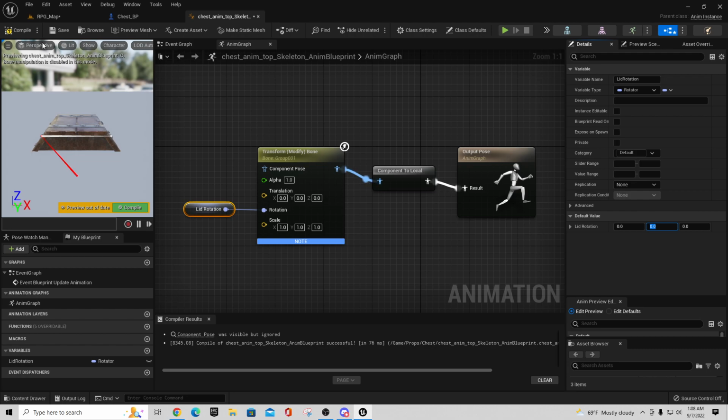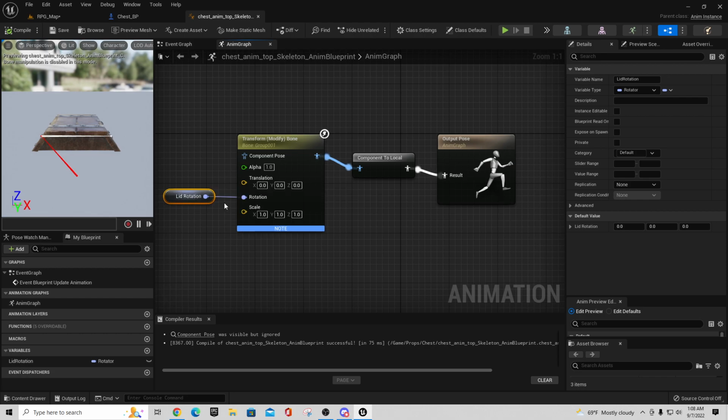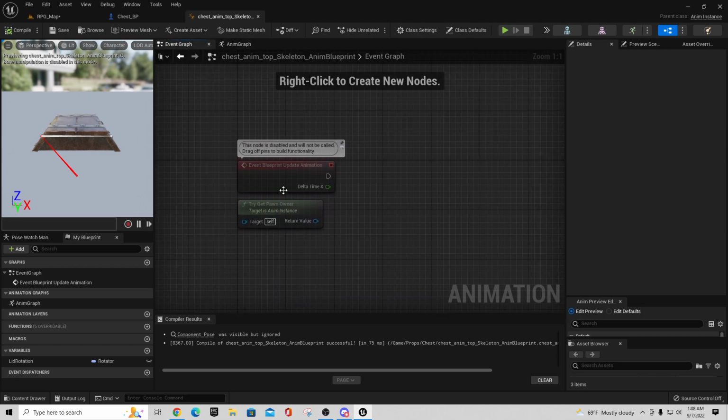And what we want to do is create on our character something that drives this value of lid rotation. Then what we're going to do in this event graph is get from our character, from our chest BP, that value. Now, our chest BP was originally an actor. And in order to get a value from this for what we're trying to modify or drive here,